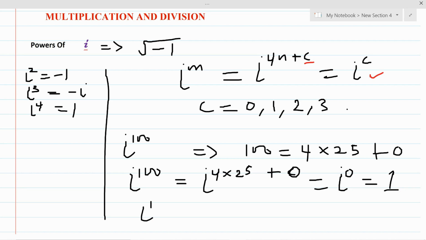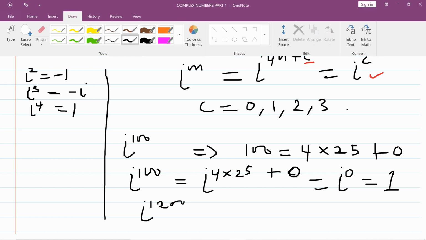Okay, I hope you can do this. 1200. All right, this one I won't do, and I'll expect you to do it by yourself. i to the power 1200. Okay, so that is it for the powers of i. Now let's look at the real multiplication of